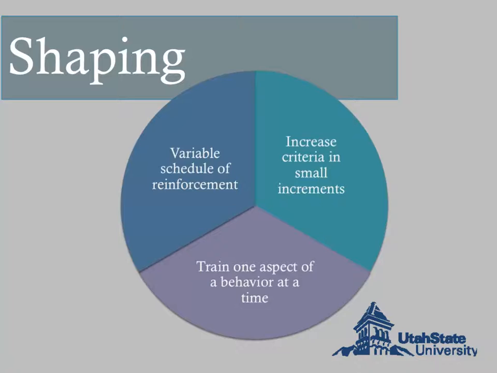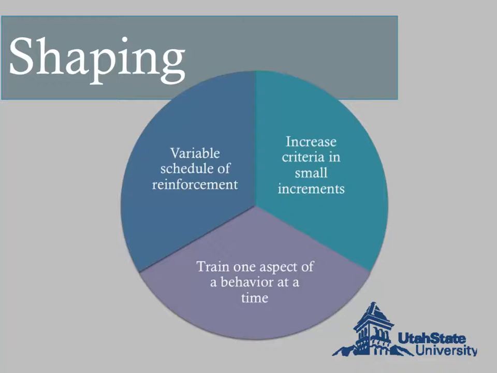Let's talk about how to make successful shaping procedures. There are 10 steps to follow. First, raise criteria in increments small enough so that the subject always has a realistic chance for reinforcement. Second, train one aspect of any particular behavior at a time. Don't try to shape for 2